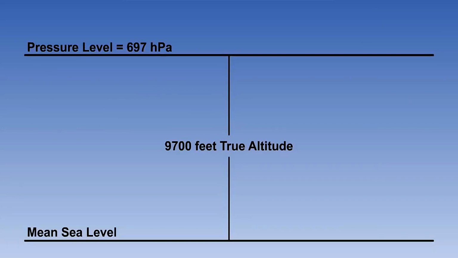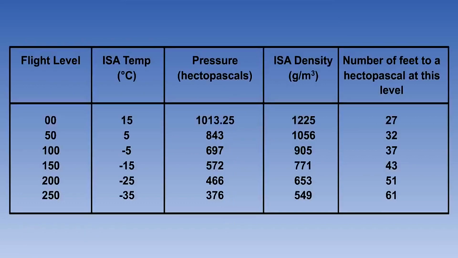We will now go on to consider the actual definition of pressure altitude. You'll remember that we said that, in practical terms, it is the same as flight level. In other words, if you set your subscale to 1013 and do not correct for temperature error, your altimeter is indicating pressure altitude. However, let's look at the basic definition of pressure altitude and try to understand it.